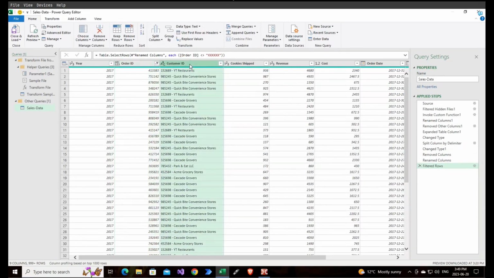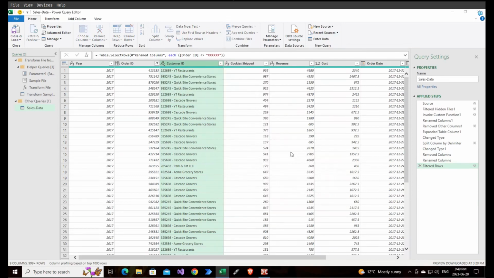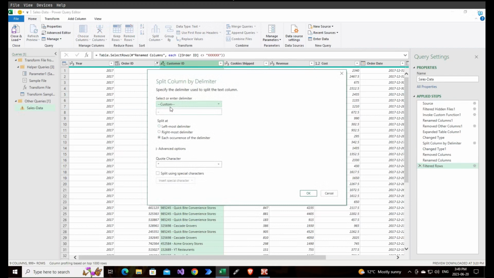Now on the customer ID, we've got the customer ID on one side and the customer's name on the other, with a separator which is a space, a dash and a space. I want to split that into 2 columns. So again, right click, split column by delimiter. This time I want a custom split, so it's space, dash, space.